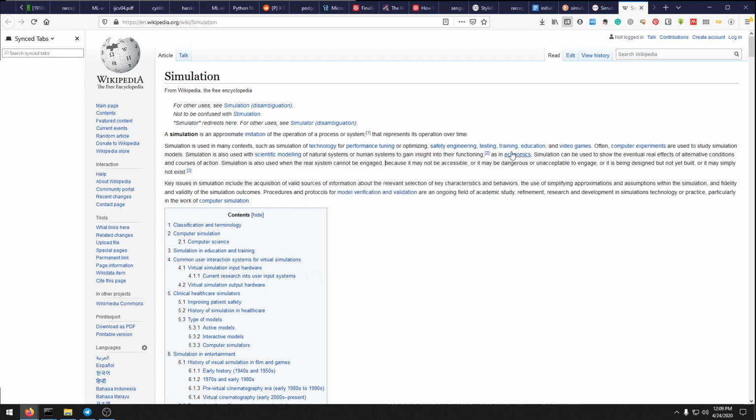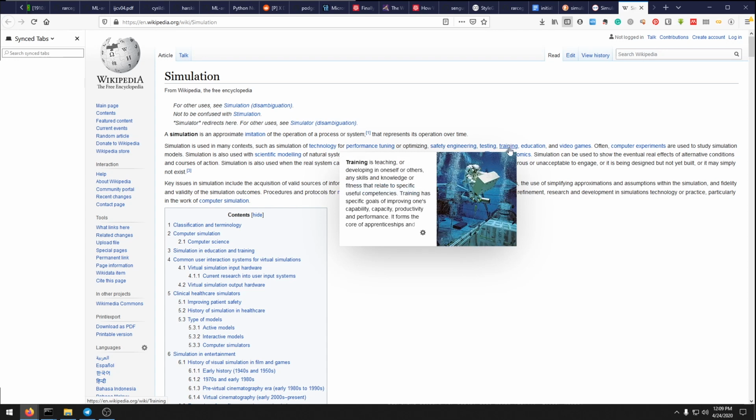Okay, another way is training. Simulation is very good for training. The same here, the image is training of astronauts. But how can we rebuild this zero gravity environment on the Earth? We can use a pool. In the water you pretty much have zero gravity. I mean, you have the resistance of water, the drag force we learned in previous classes, that goes against the gravity, because water has enough